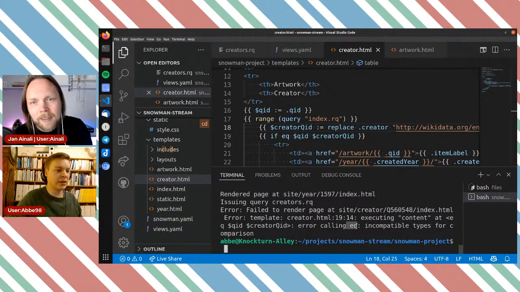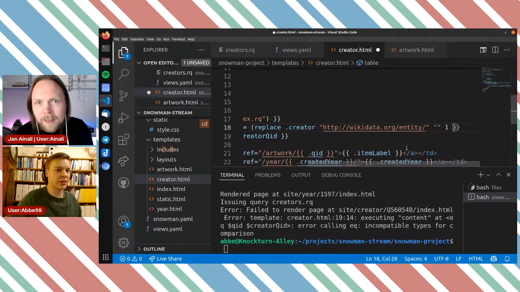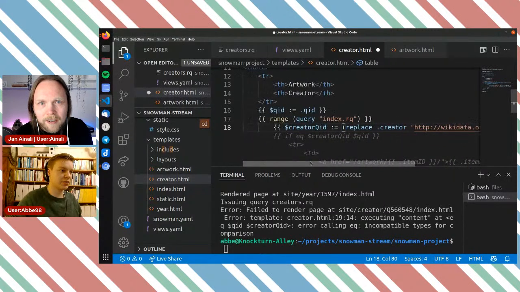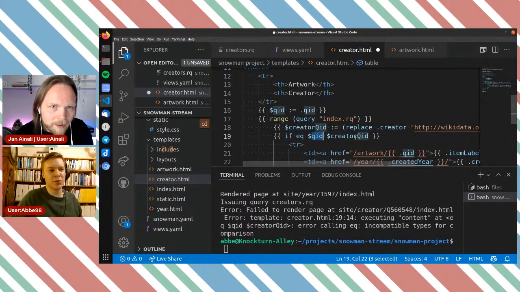Error calling equal: incomparable types for comparison. So let's see what happens here. Let's ensure that we got this part right and just put a bit of protection in signs like that. So it essentially says that this might be a string, but this isn't. It might be a URI or something. But I don't know why that is.